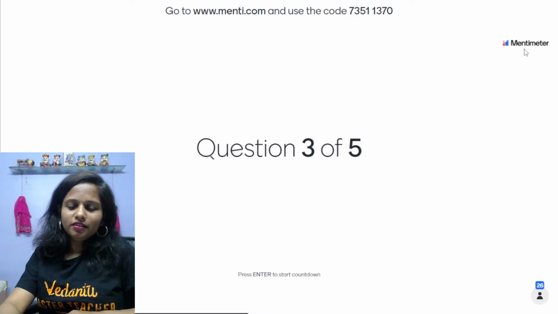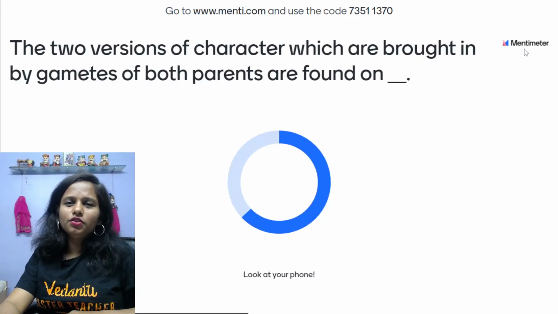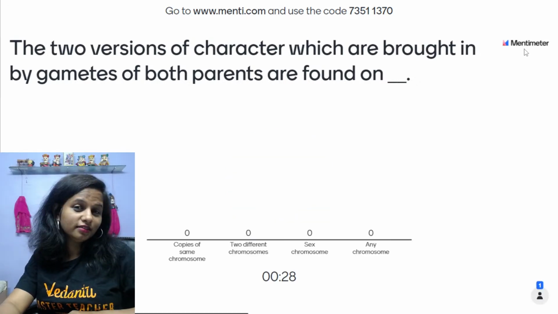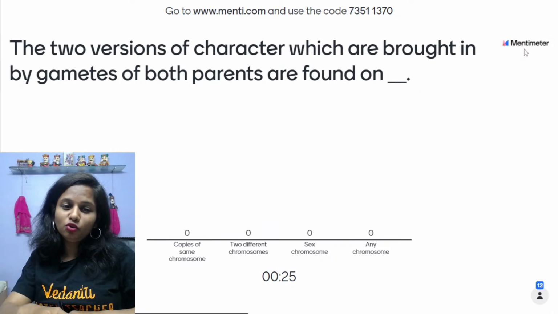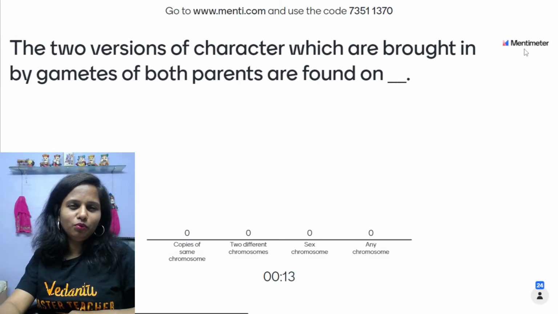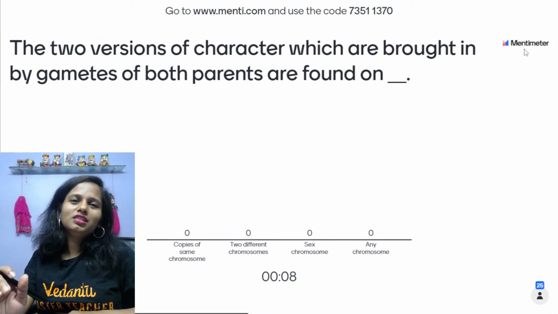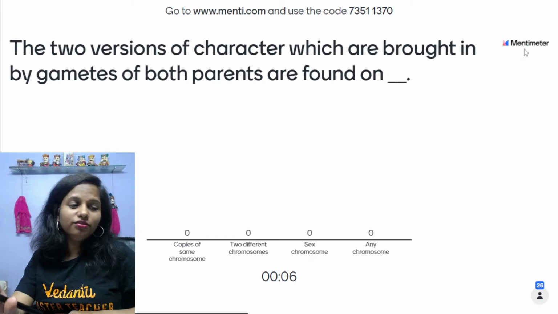Third one flashing on your screens now. Two versions of a character which are brought in by gametes of both parents are found on copies of the same chromosomes. It means homologous chromosomes. Two different chromosomes means heterologous chromosomes. Sex chromosome, any chromosome. Chalo, let me put it in a better way. Alleles are present on the same loci on a pair of